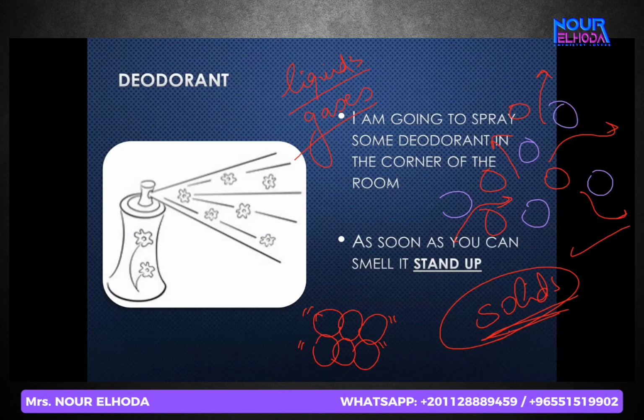Gases, because they have a higher kinetic energy. Exactly. Not only higher kinetic energy, they also have more space, they are moving, as you said, with higher energy, so they are going to move faster. But for sure, gases are going to diffuse faster than liquids. Bravo, good job. Okay, let's continue.